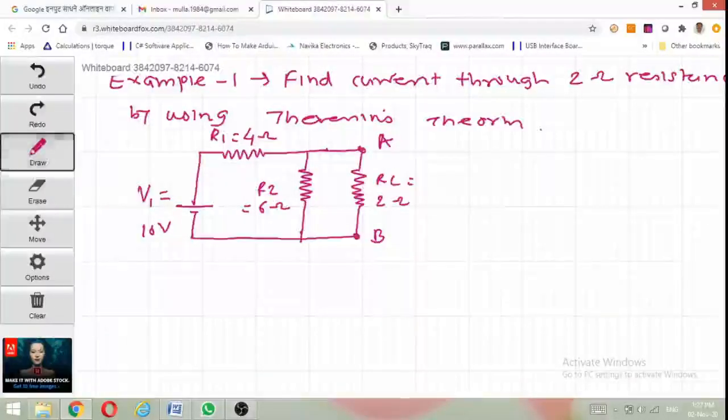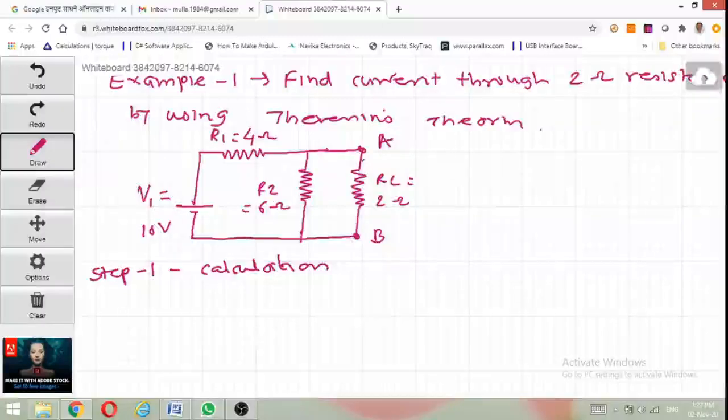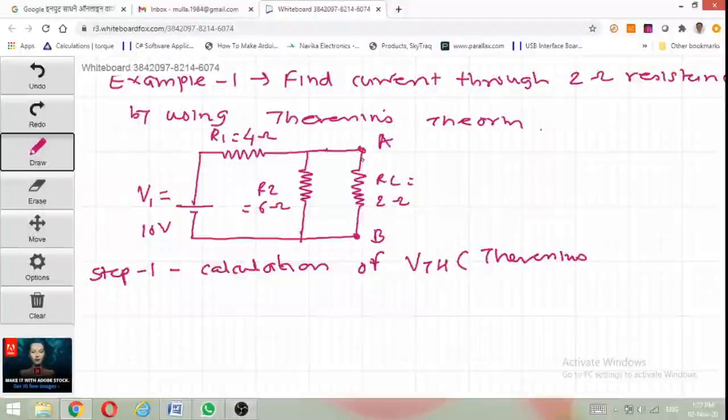The first step is the calculation of VTH, meaning Thevenin's voltage. The Thevenin's voltage is the open circuit voltage between terminals A and B. It is the open terminal voltage between terminals A and B, and it is given by,